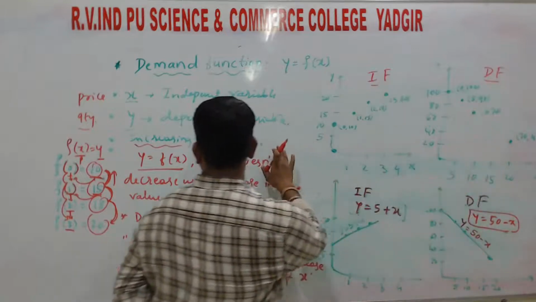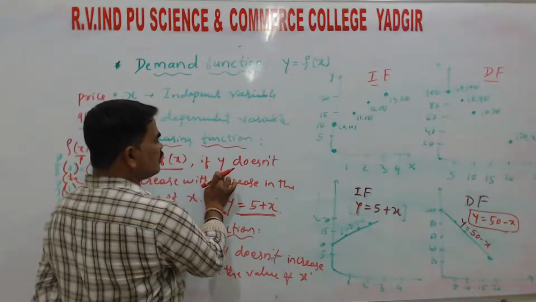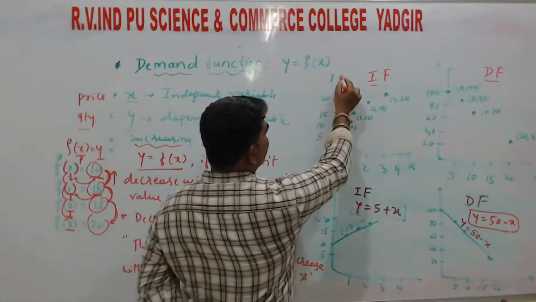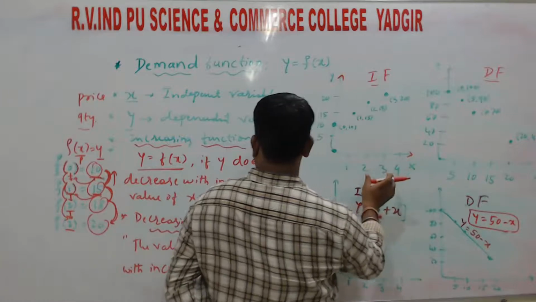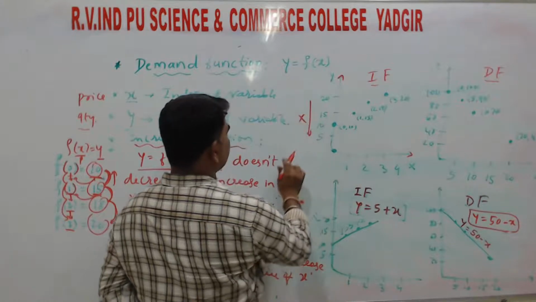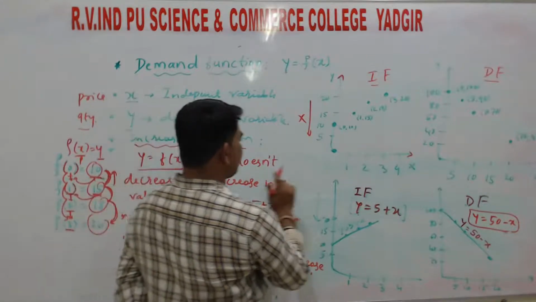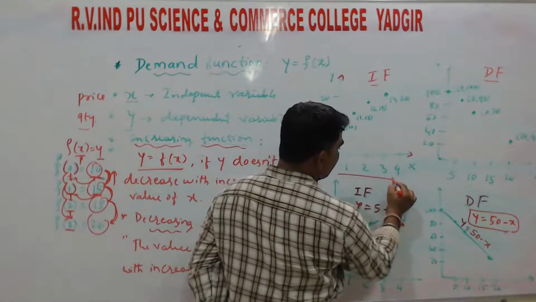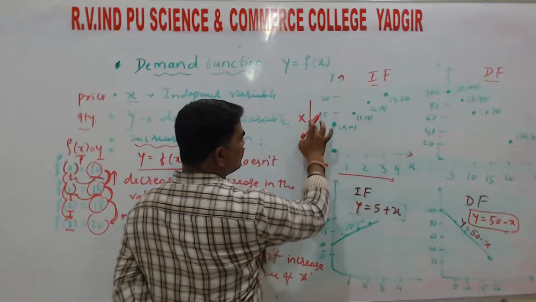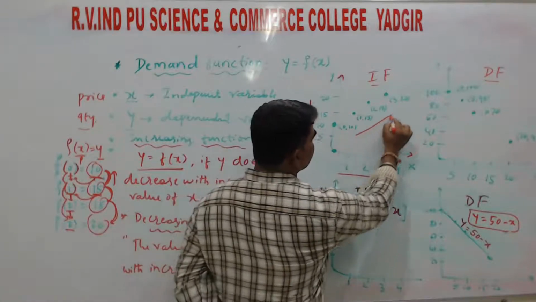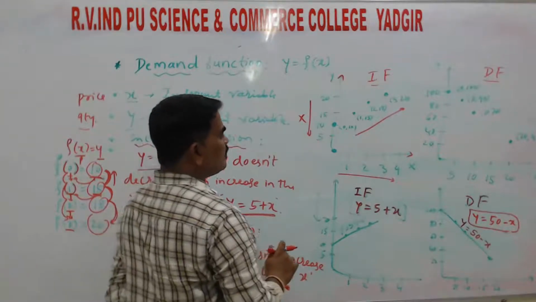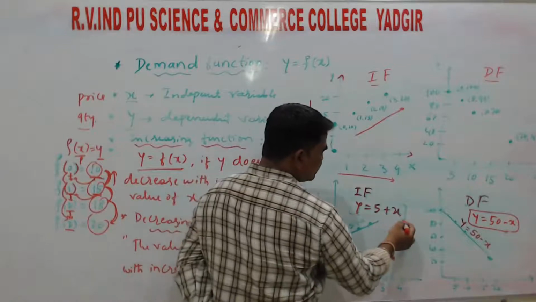If you see, the increasing function says that the y value does not decrease with increase in the value of x. This is the y value and this is the x value. With the increase in the value of x, the y value does not decrease, but it increases. This we call an increasing function, and in algebraic form we will represent it in this way: y is equal